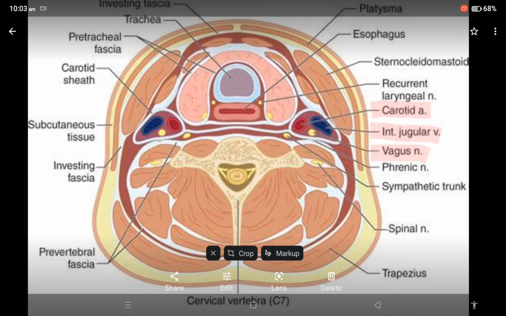Pretracheal fascia encloses which gland? Pretracheal fascia encloses the thyroid gland and forms its false capsule. Then we have prevertebral fascia. Prevertebral fascia, the most important point is cervical, and the prevertebral fascia will be in the front of the vertebra. This one, and it encloses